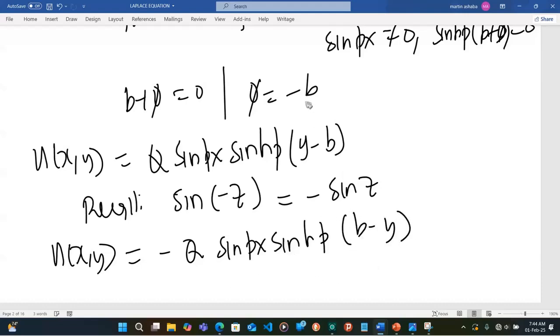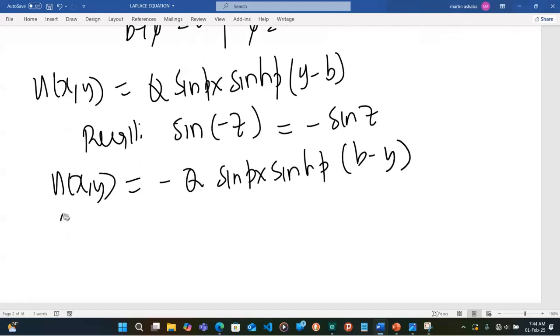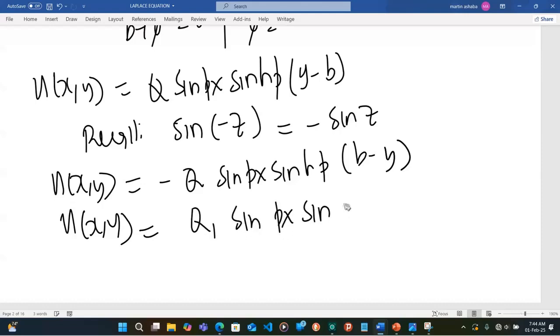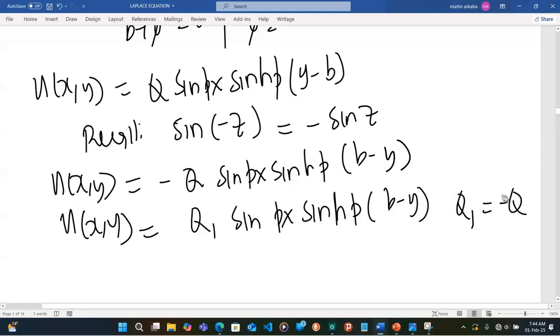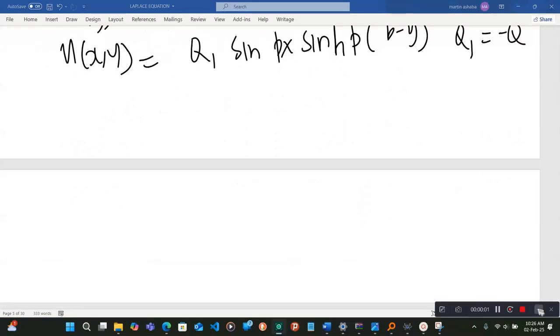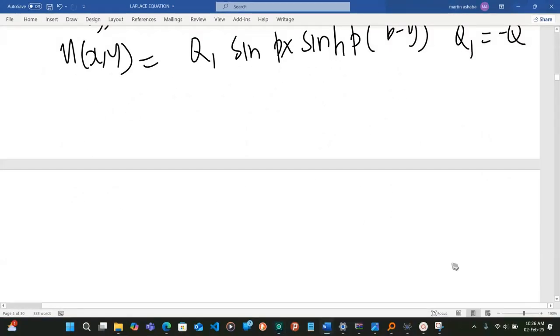So this is the same as what is here. And then if we further simplify this, this becomes u(x,y). This is going to be 2 sin(px) times sinh(p(b − y)), where 2 is equal to negative 2. They are all constants, so I can replace it with another constant c1. So now if we recall that p